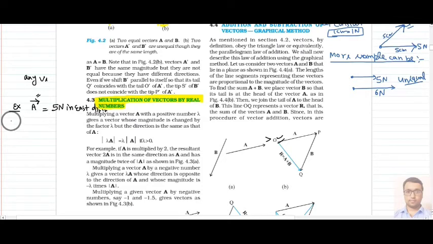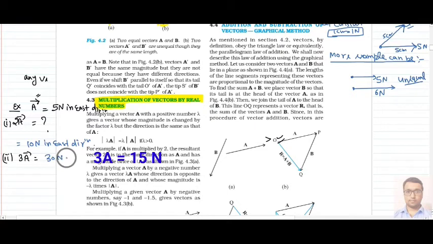Then if someone asks what is the value of 2A, we will answer that 2A equals 10 Newton in east direction. This is our part number 1. And if someone asks the value of 3A, we will say that 3A equals